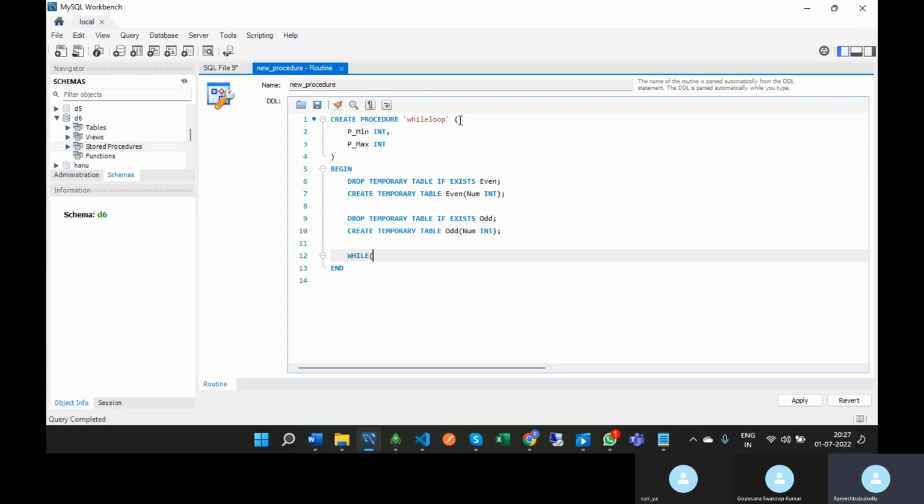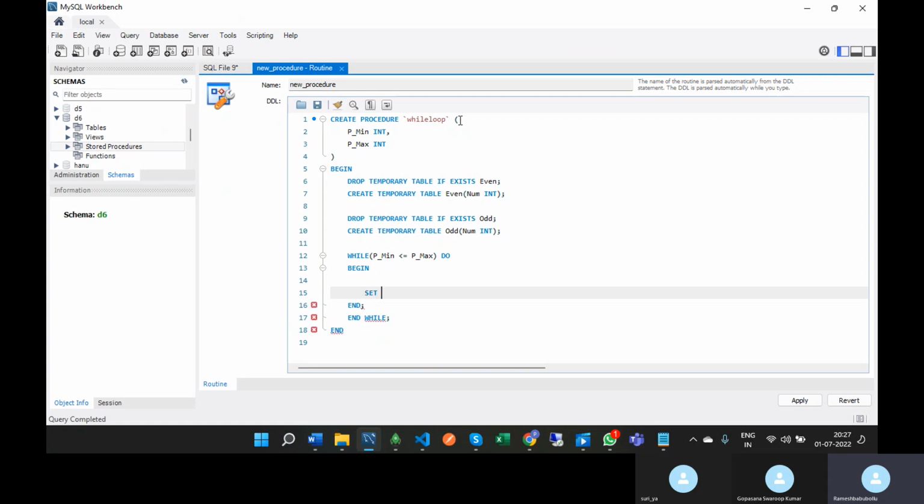Here this is the syntax: while p underscore minimum less than or equal to p underscore maximum do begin, end. At the end of this, like if else, we need to close the while loop with end while. Okay, so this is the syntax of the while loop,